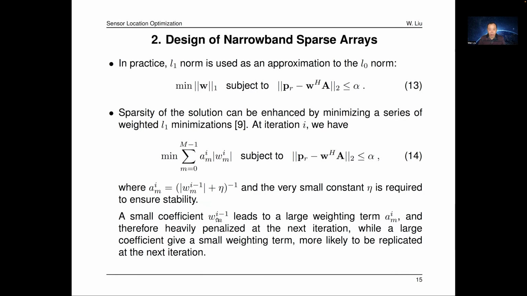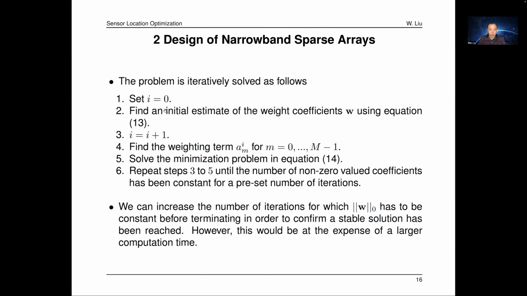So a small coefficient WM at iteration I minus 1 leads to a large weighting term AM at iteration I, and therefore heavily penalized at the next iteration, while a large coefficient gives a small weighting term more likely to be replicated at the next iteration. So as I said, this is an iterative process, so the problem can be solved using this procedure. So first, set I equals 0, we'll find the initial estimated weight coefficients W using this equation 13, and then you add 1 to this I and find the weighting term AMI, and then solve the minimization problem in equation 14, right? You find this and repeat these steps from 3 to 5 until the number of non-zero valued coefficients has been constant for a preset number of iterations, like